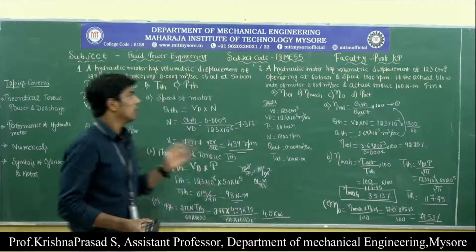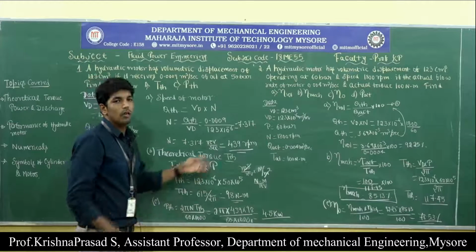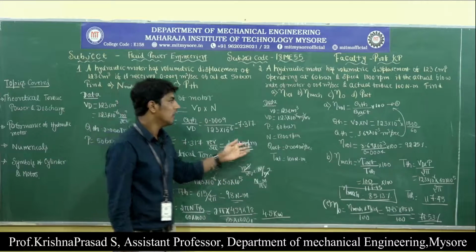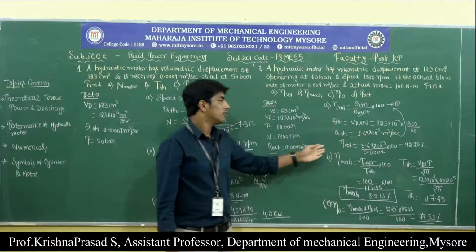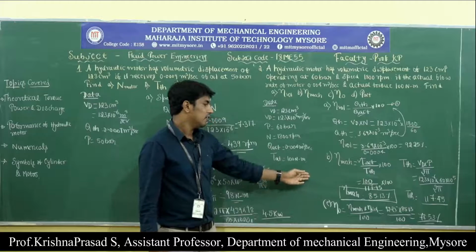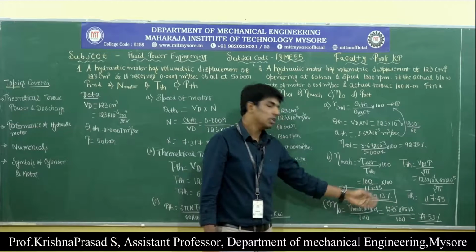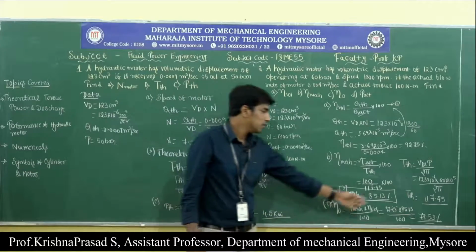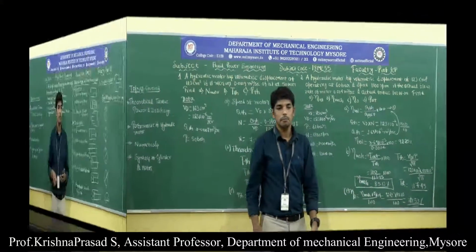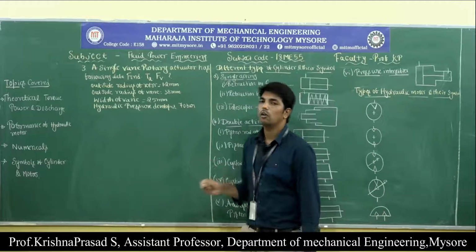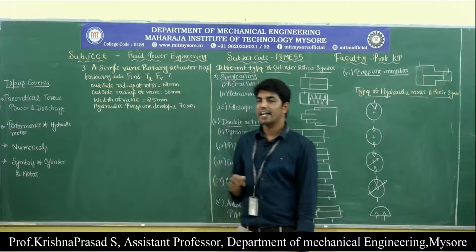Okay. So in the hydraulic motor, in the second problem, we have checked the performance of the hydraulic motor with the 3 efficiencies. First, the volumetric efficiency we have calculated is 92.25%, the mechanical efficiency we have calculated is 85.13%, and the overall efficiency of the hydraulic motor is 78.53%. So the last numerical regarding the hydraulic motor is called problems on rotary actuators.